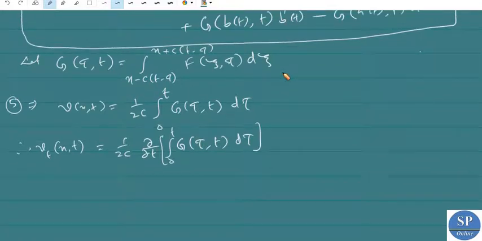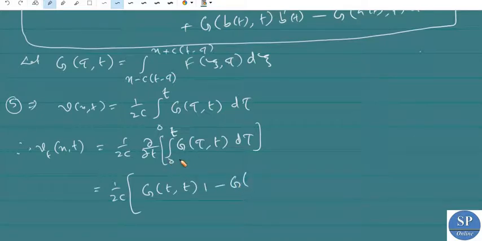So this is equal to 1 by 2c into g of t comma t, the upper limit is t, into the derivative of t, that is 1, minus g of, now we are substituting the lower limit, that is 0 comma t into the derivative of 0, that is 0, plus integral,